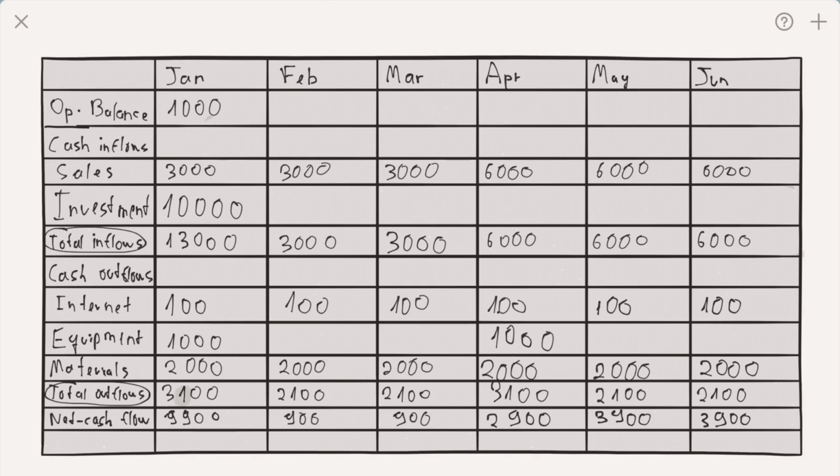Now, let's calculate our closing and opening balances. So, in January, our opening balance was $1,000 and our net cash flow was $9,900. So, to see the closing balance, we need to add the net cash flow to the opening balance. In this case, it's $10,900. Now, if the closing balance for January is $10,900, the opening balance for February will be the same,